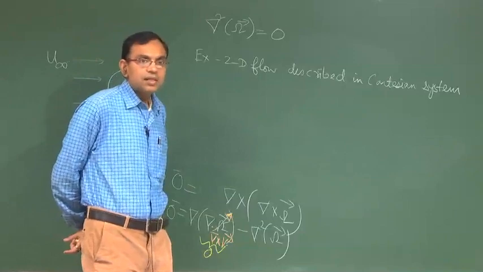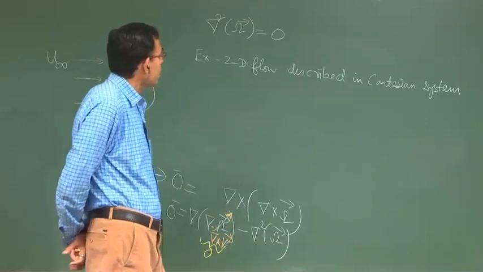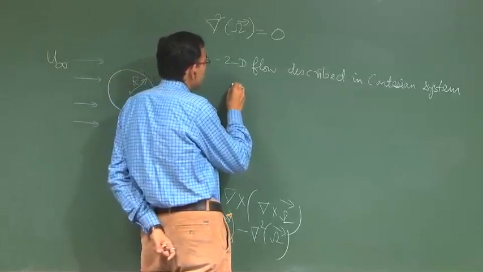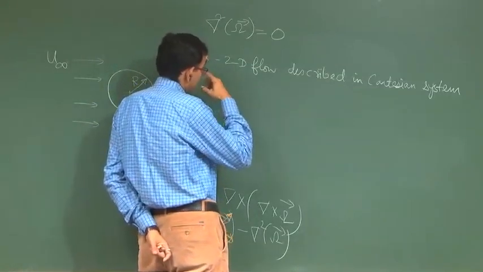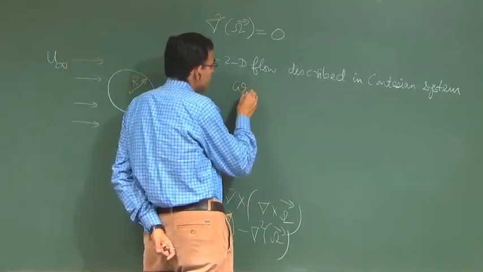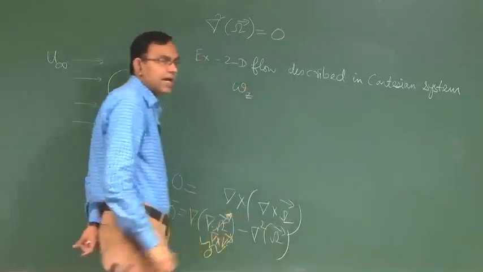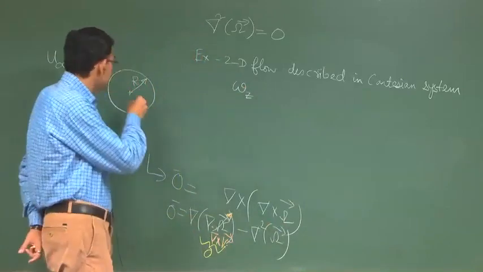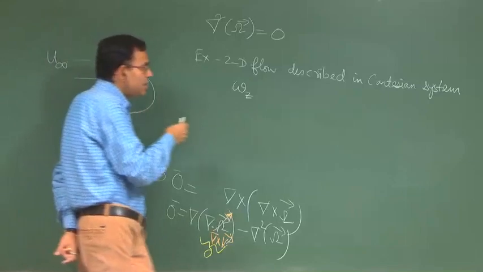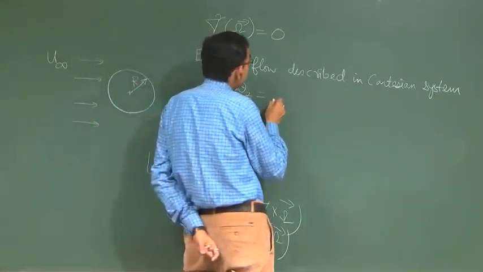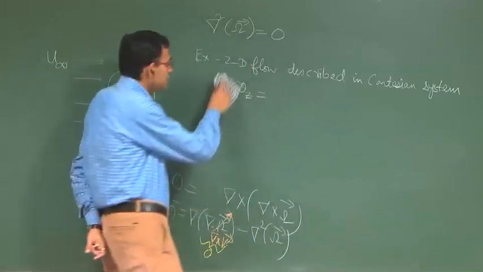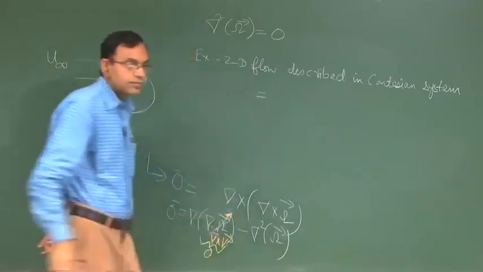So in a Cartesian system you have the angular velocity with respect to the z axis. So the z axis is this one. If you have flow in the xy plane, the angular velocity with respect to the z axis, or the vorticity, which is double the angular velocity,